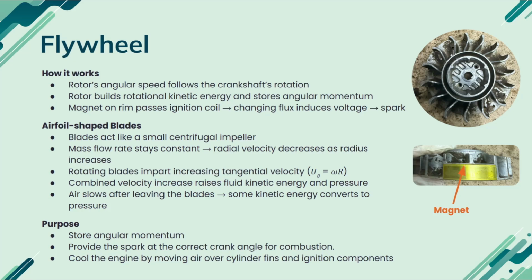If you look at the flow through the blades, the mass flow rate remains constant as the air moves outward. Because the flow area increases with radius, the radial velocity decreases roughly as 1/r. At the same time, the rotating blades impart a tangential component to the flow. Since the blade speed increases with radius, the azimuthal velocity grows in proportion to r. When you combine a decreasing radial component with an increasing tangential component, the total fluid speed increases as the air